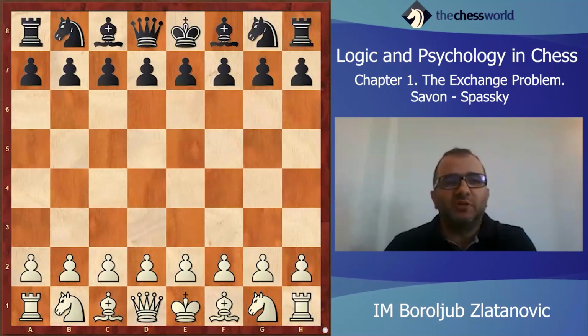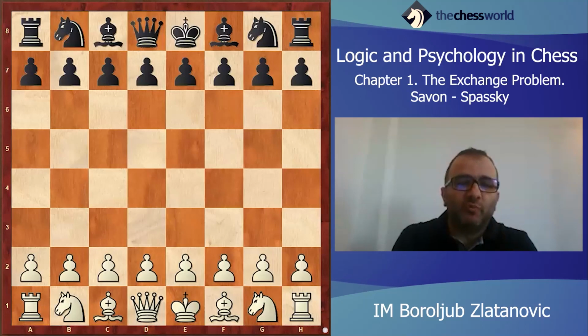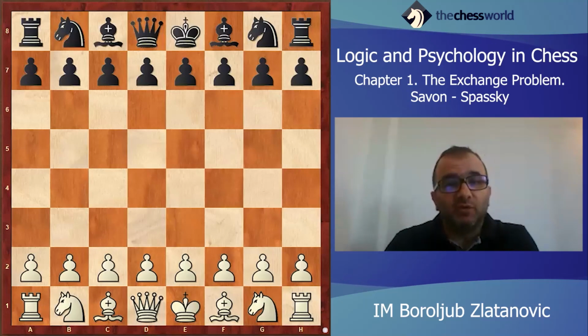In this video I will present a game played between Vladimir Savon and Boris Spassky in the Soviet Championship final in 1961. The game is extremely important to understand the concept of exchanging pieces, of exchanging problems, and you will see what happened in